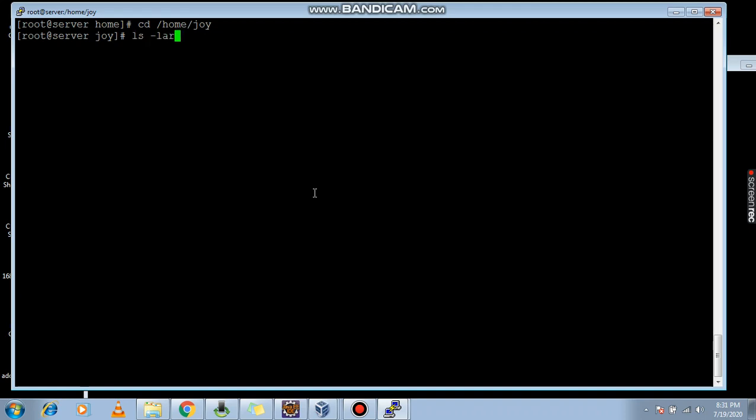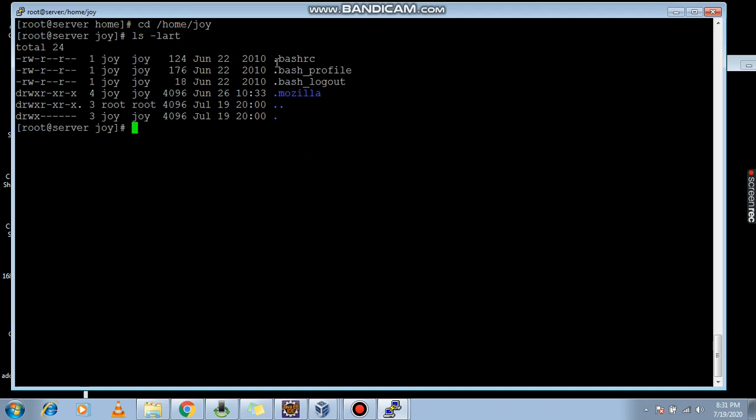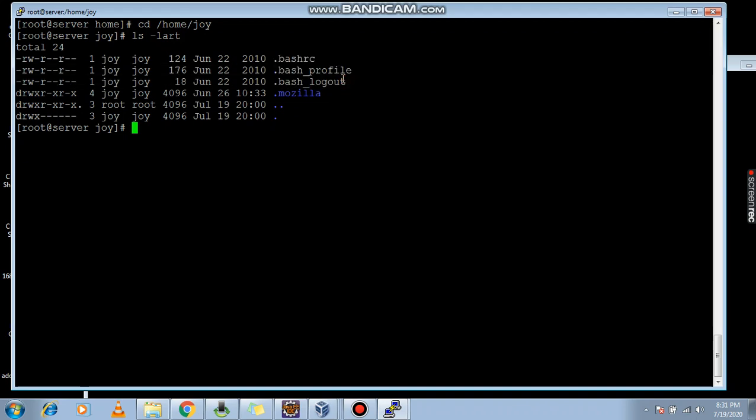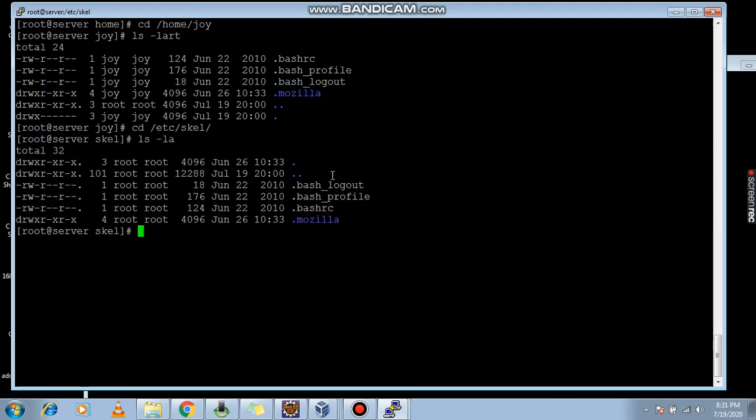You can check with ls -lrt. This parameter is used for this archive. Whatever files are available in dot format are displayed using ls -la. These three files are automatically created from /etc/skel. Here these files are available,